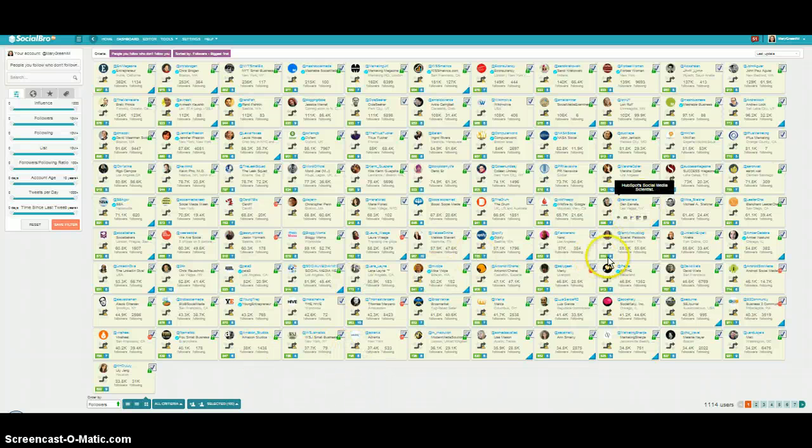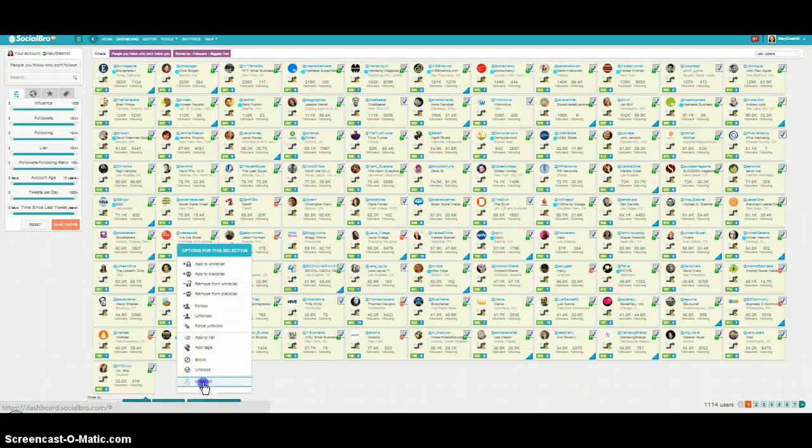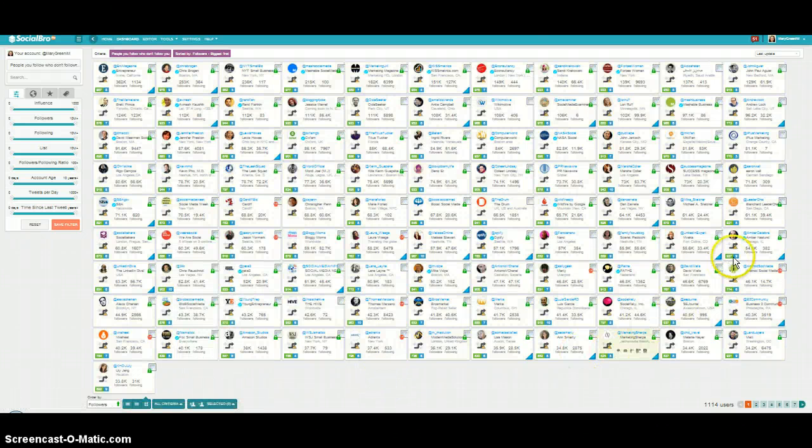And what I want to do, really I didn't want to highlight all of them right now to show you this, but that's what I would normally do. Now these are all people that are not following me back, so I'm going to unselect them, and I'm just going to select the people that don't already have a padlock next to their name,